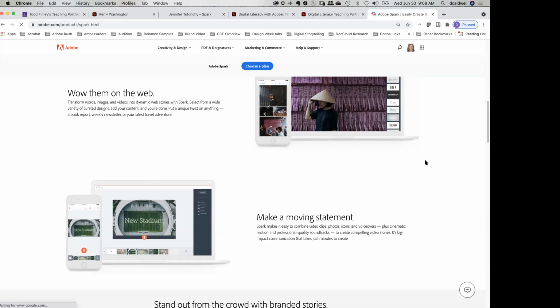Spark Video is an animated video process. We have thousands of icons that can be animated. You can put in still life slides. Think of it as kind of a PowerPoint, but it turns into a video. You can do voiceovers. That's another reason it's very popular. We find this being used heavily in our K through 6 and K through 12, as well as